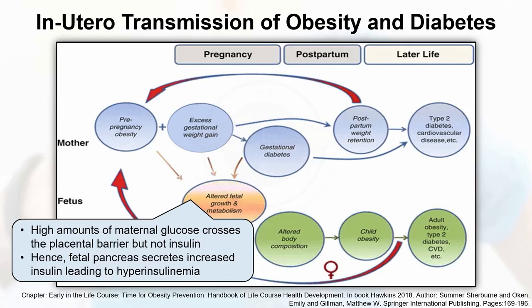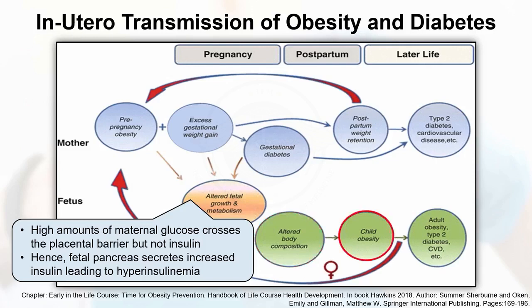And what does more insulin do? We know that insulin is an anabolic hormone. So what does insulin do? Pancreatomegaly, hepatomegaly. That is why we are called thin fat Indians, because as compared to our body, our liver and pancreas are bigger when we are born. This is known as thin fat Indian. So what happens now? Altered fetal growth and metabolism because of GDM, altered body composition, which I just explained, that hands and feet are thin while bigger-sized organs are present as compared to the body.